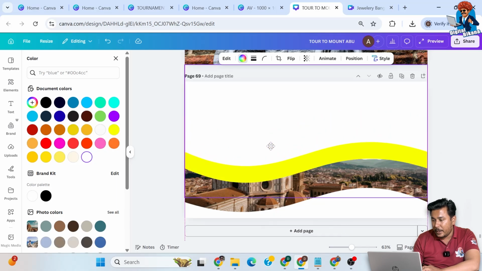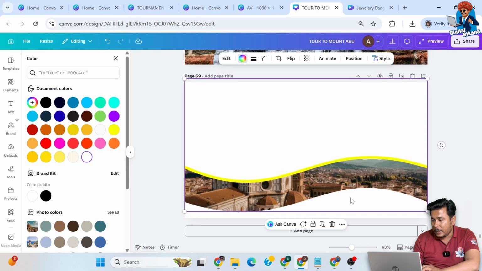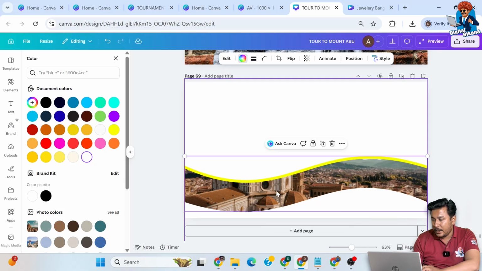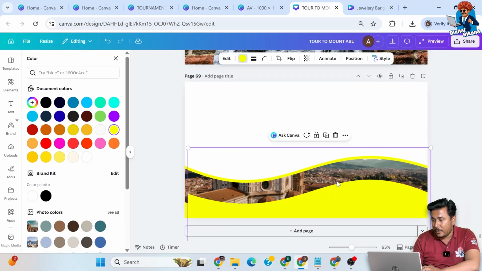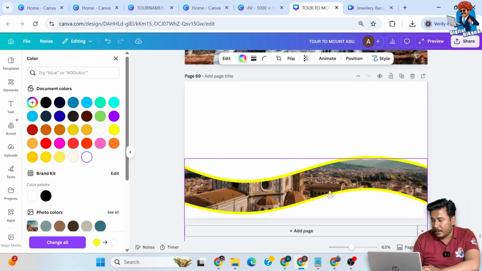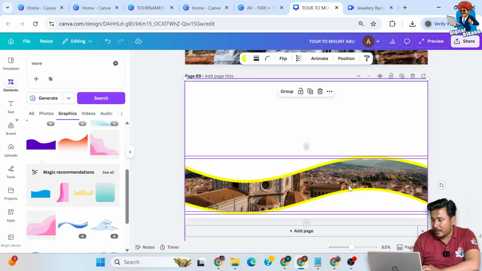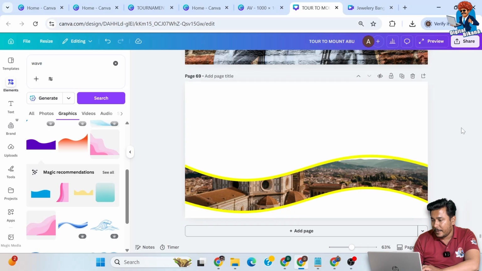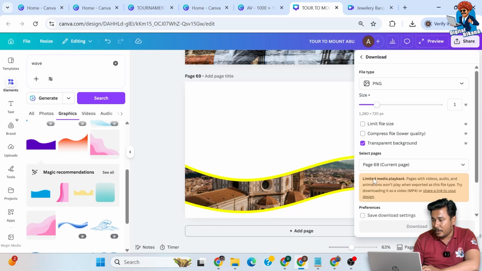Okay, now we are going to move it over here. Now we are going to select the lower one and here we are again going to change its color to yellow and then duplicate it and change its color to white. And then make it in this manner. Okay, it's done. Now what we are going to do is click on Share and download this image